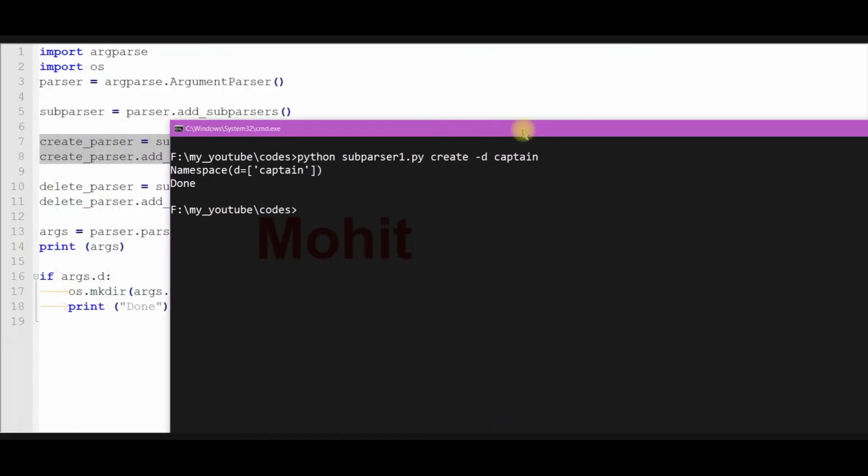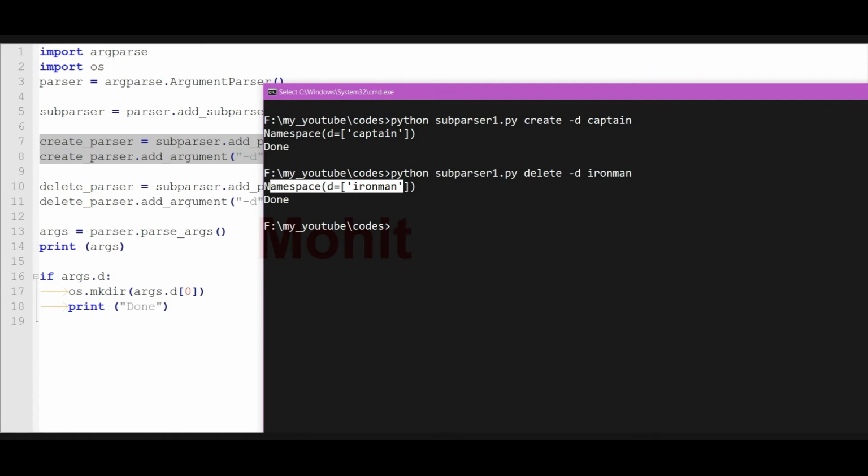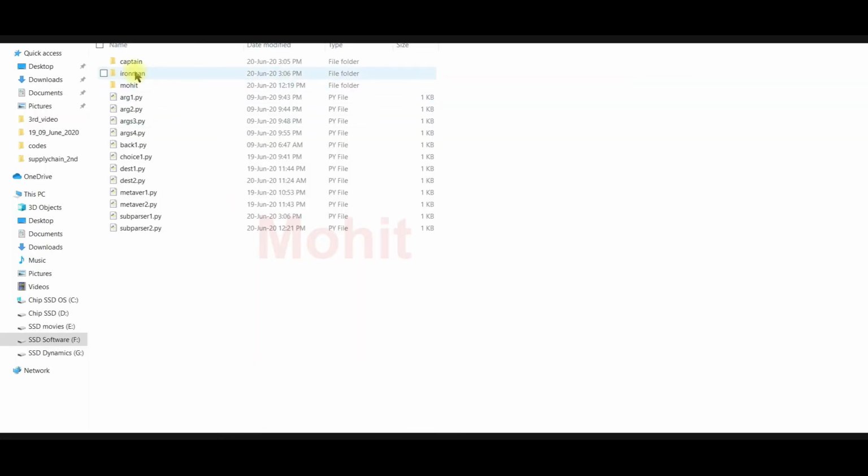Now let's run the code with the delete option. Iron Man. Now I can see if I use the delete option, still my code is creating directories.